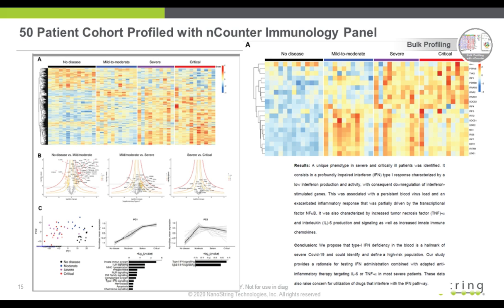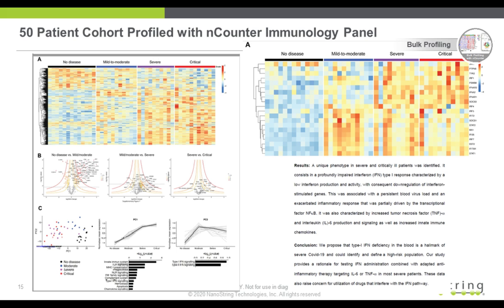And you can see that each one of them has a unique gene expression profile that we were able to examine in the blood samples from these COVID-19 patients. And again, I'm not going to go through all the biology that's happening here, other than you can see there on section B of that graph, that's the classic volcano plot where you're trying to find biomarkers associated with these different key phases of the disease and criticalities of the disease. And down at the bottom, underneath the C, are the key overexpressed gene expression pattern pathways associated with this